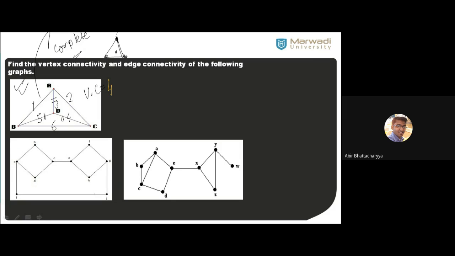And what is edge connectivity? It's 3. Edge connectivity is 3 and vertex connectivity is 4. There are 4 vertices. Remove all vertices one by one. At last, still it is not disconnected. You cannot split it up into 2 parts. So the ultimate choice is 4. So remember, vertex connectivity is 4. For a Kn graph, vertex connectivity is n. For a complete graph, vertex connectivity is n.